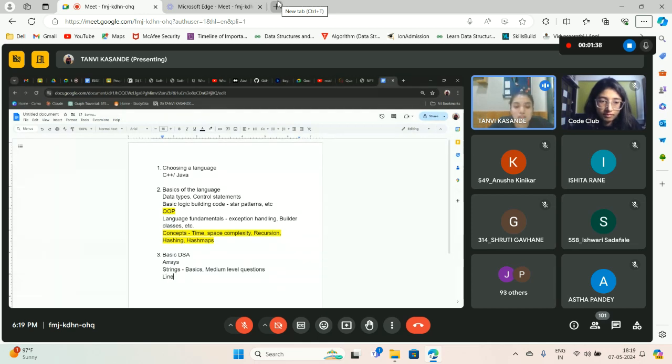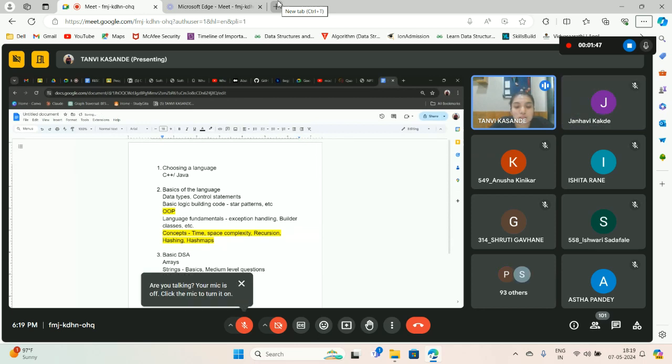Then linked list. In linked list, I would recommend you to do single linked list, double linked list, circular, doubly circular. There are multiple types. You might have learned this in your DSA course, or you will if you are still in your first year.